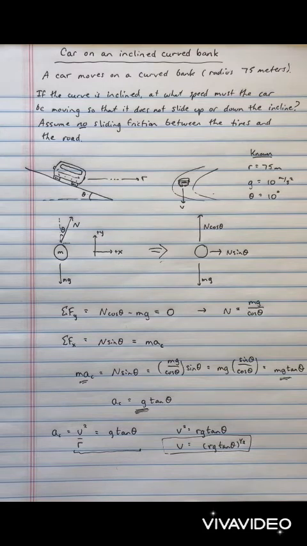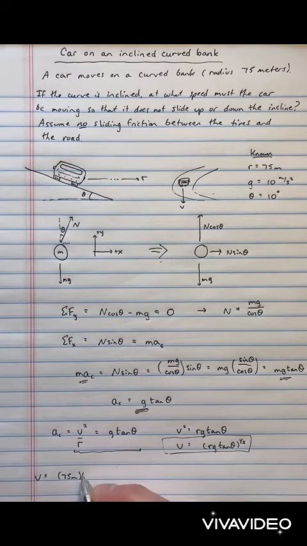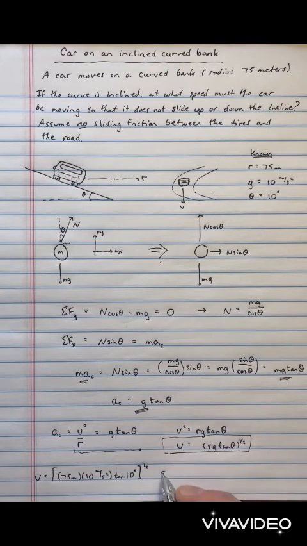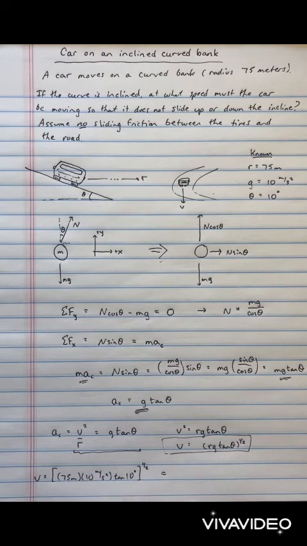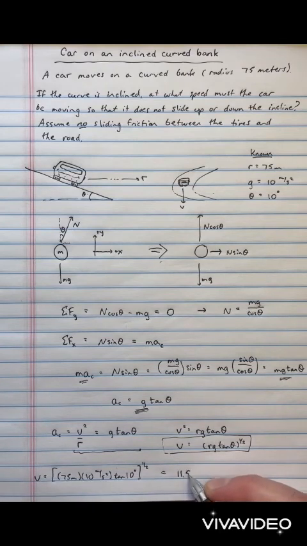All right, one more thing. Let's put in some numbers to see what it might look like. So v equals, we have r is 75 meters. g, we've rounded off to our usual 10 meters per second squared. And it's tangent of 10 degrees. And let's not forget, after all is said and done, to take the square root of all that. So calculate the inside here, get a number, take the square root. When you do that, you get a number of about 11.5 meters per second, or if you prefer, about 26